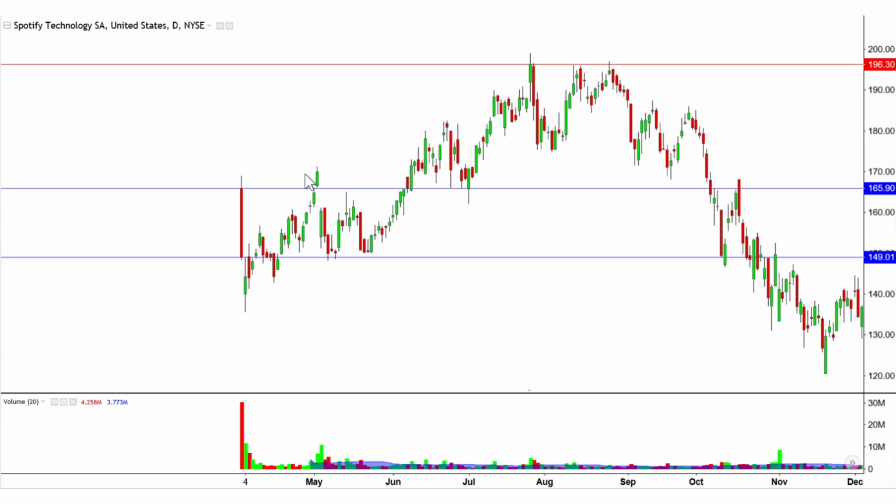In this case, for Spotify stock, it is 165.90. 149.01, which could be rounded to 149, is an important price also because it is the closing price on Spotify's first day of trading. It is common and natural to see trading centering around these two prices for a short